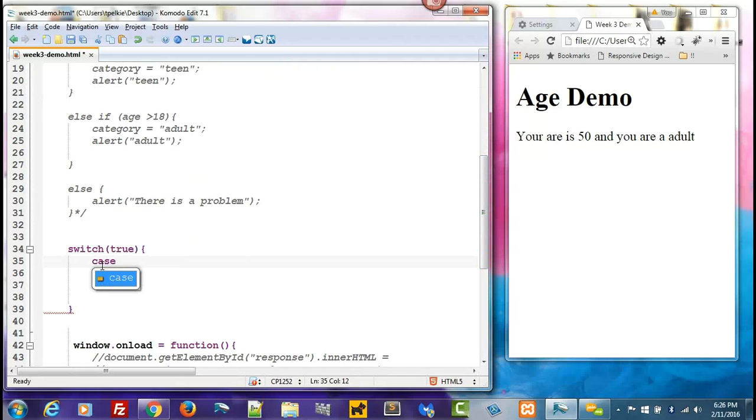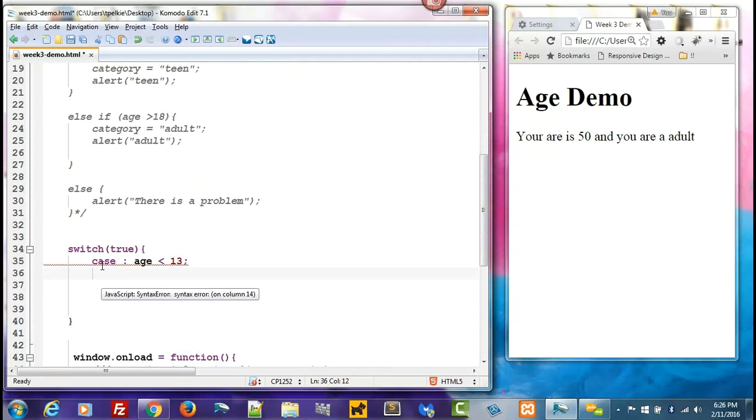So my first case is going to be age is less than 13. And then I need a break. I think I have a syntax error here. I hate to say that, but I always forget